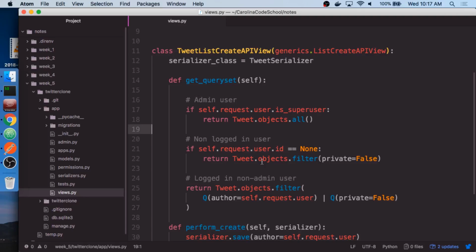There's no aspect of liking or following something. So I think we'll talk about liking something. If you have a tweet, you can like something as a logged in user. Cool. All right, let's come back.